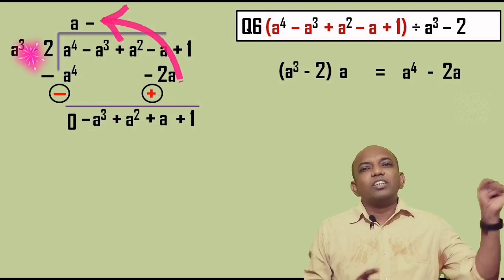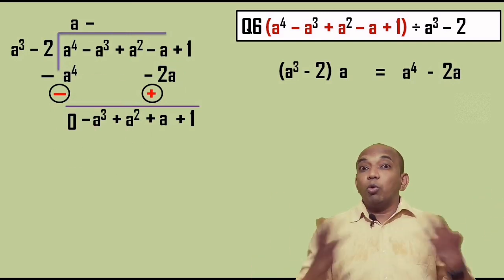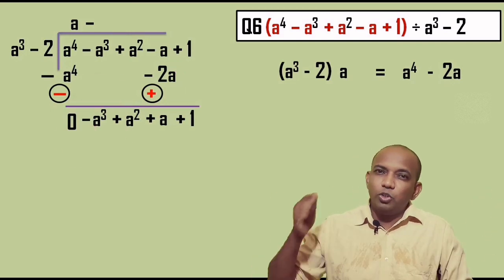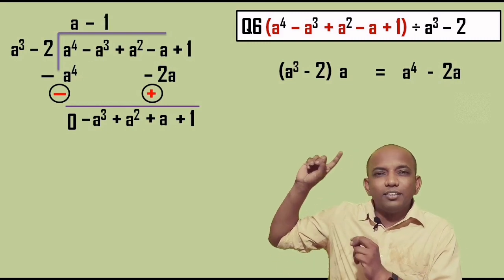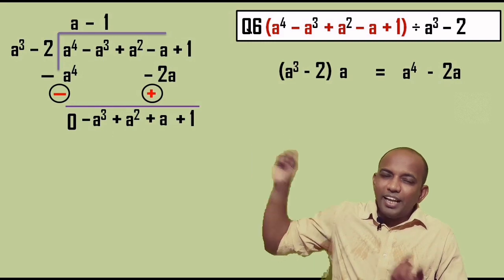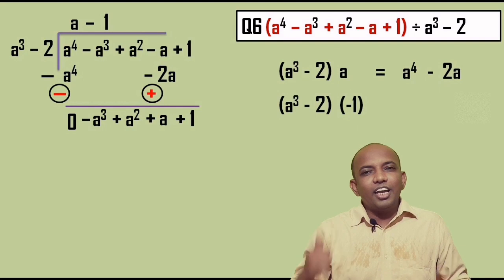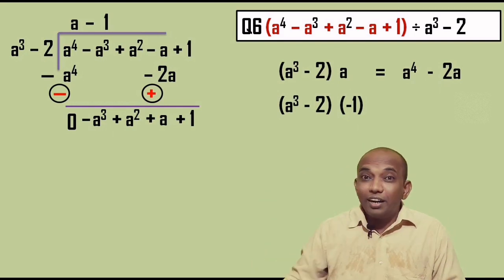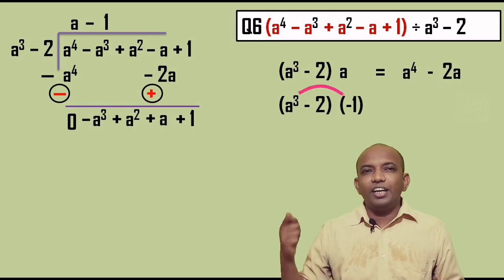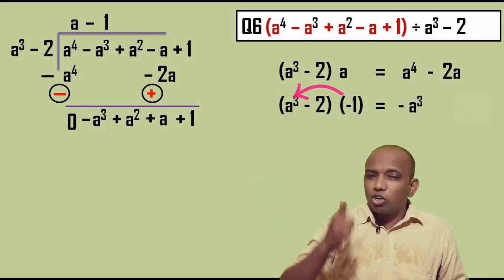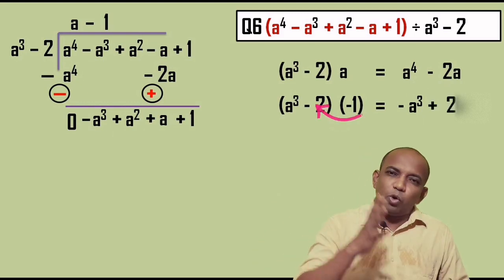After that, check the first term of the divisor and the first term in the remainder. What we have? A cube and a cube. So as both the terms are equal, yes, we are going to use ones-a, right? The moment you write that 1 in the quotient, next step becomes the multiplication of that quotient and the divisor. That is a cube minus 2 into minus 1. That minus sign should be continued or should be taken along with that 1. So what we get? We get negative a cube according to fountain method and negative 1 into minus 2. What we have? Yes, positive 2.